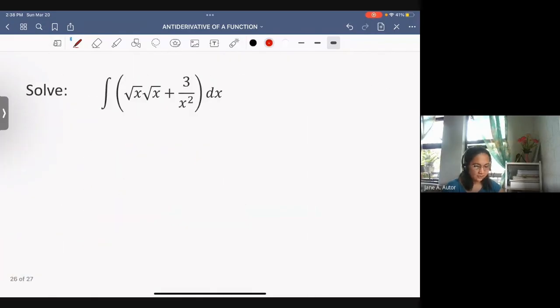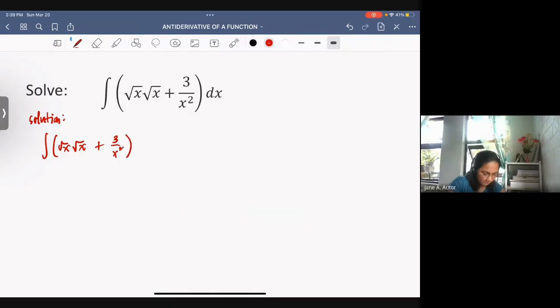Right? And then for our last example, we have the integral of the quantity square root of x times square root of x plus 3 over x squared dx. So for our solution, let me write first, we have here square root of x times square root of x plus 3 over x squared dx. So by sum rule, you have the integral of square root of x dx plus the integral of 3 over x squared